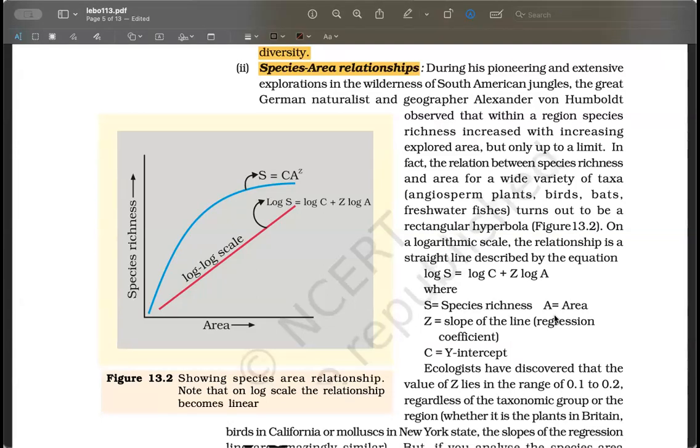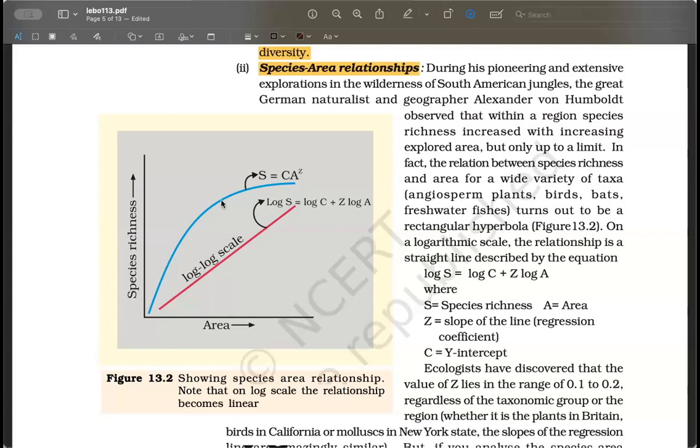But even if someday we are done with exploring the whole Amazon rainforest, we will realize, according to Humboldt's principle, if that's true, that even in that place, the species richness will increase up till some area. So we are currently here. Can you see my cursor? Yes, sir. In exploring the forests, let's say we are currently here. So that's what Iram is saying. If I keep on increasing area, I will see more and more species, more and more species. One day we will reach this point.